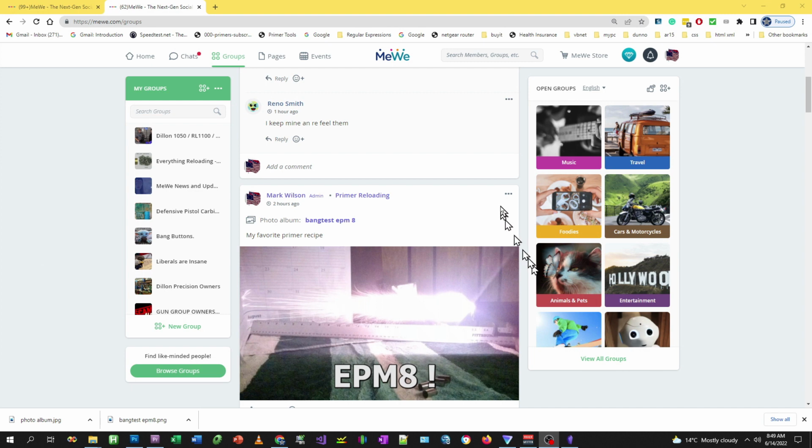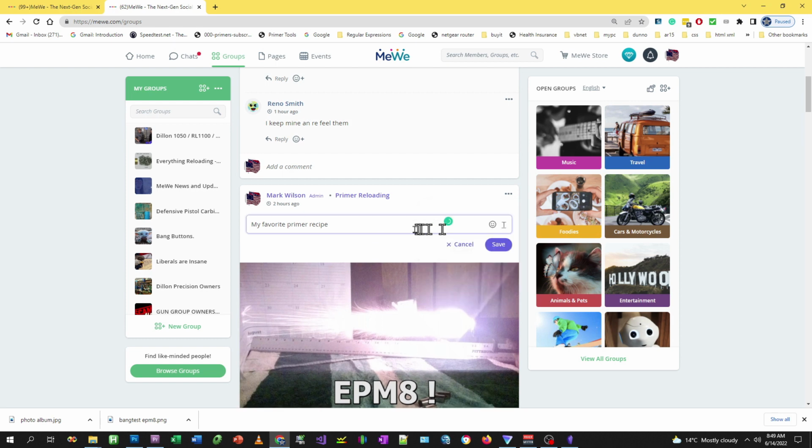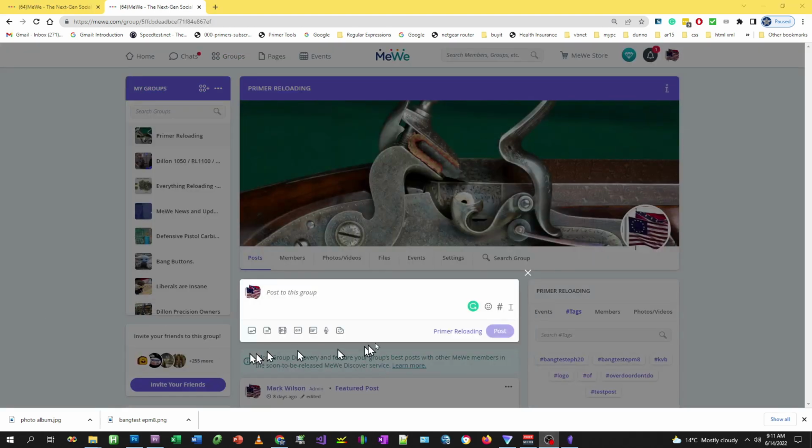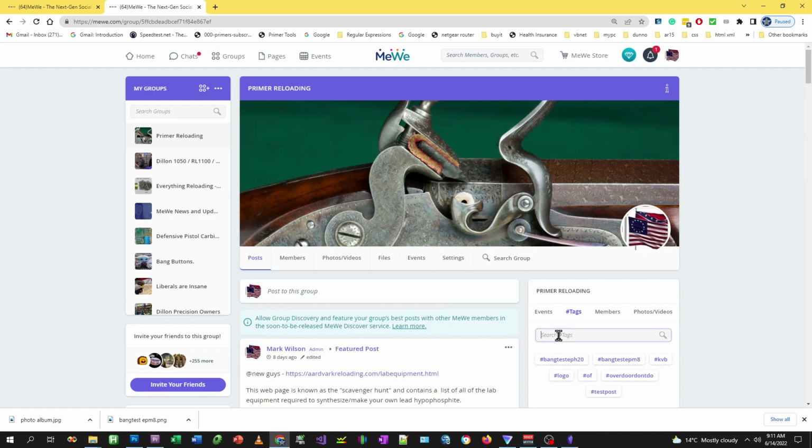To demonstrate this, I'm going to edit the description on this earlier post. I'm going to edit it and put a space in between here, between the description. So I'm going to place in there a pound symbol, Bang Test EPM8, and hit save. Now to search for an old photo, you can merely click on it here, but I'll pretend like I don't see that, and I'll search for the word bang,